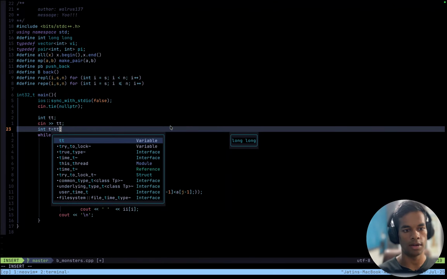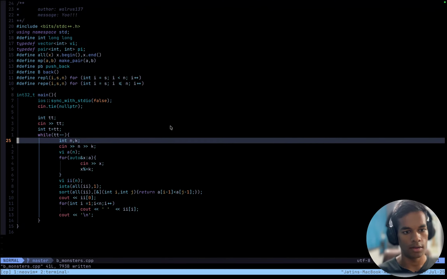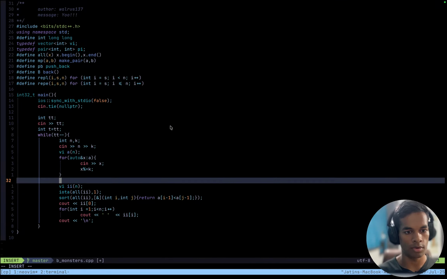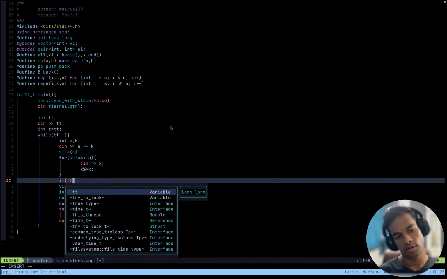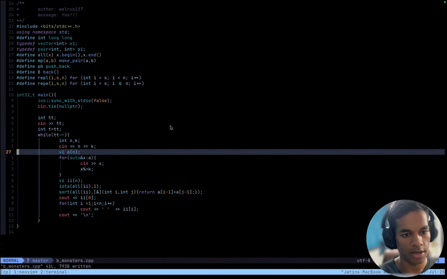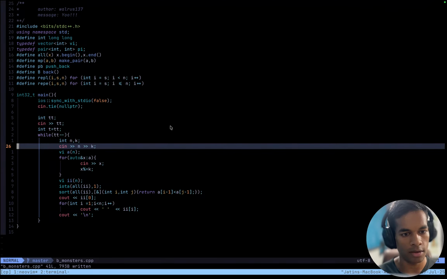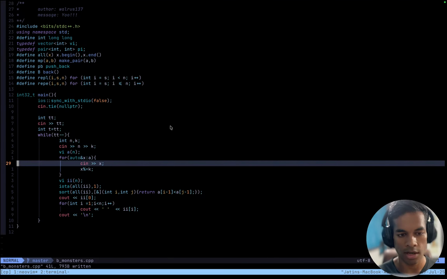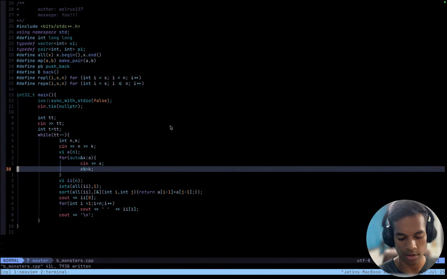t equals pt, and then after getting all the input, let me see, is there some error? I'm taking in n and then I'm taking in k, and then I'm making this x a remainder. If x is 0, if the remainder is 0, then which one?